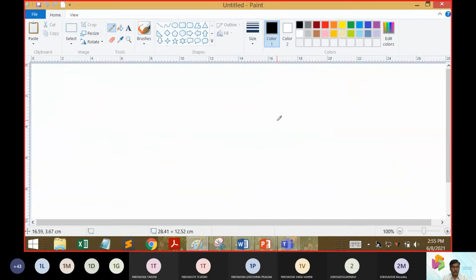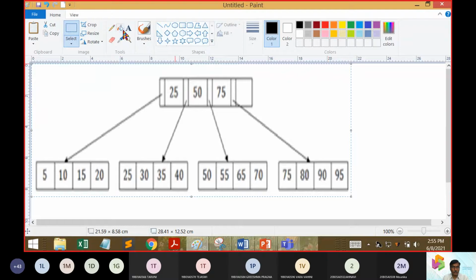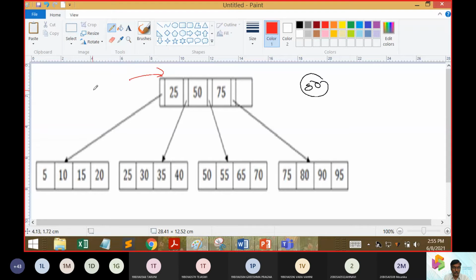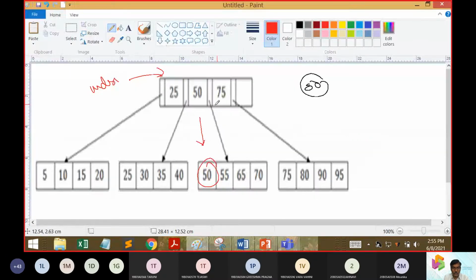So when we push up the things towards a searching operation, let us see the item 50 is going to be searched. So first of all, it goes up with the index, then it is moved up to where the data node is going to happen. So suppose we need to search up with an item 55 here.